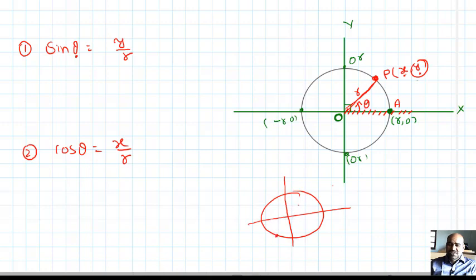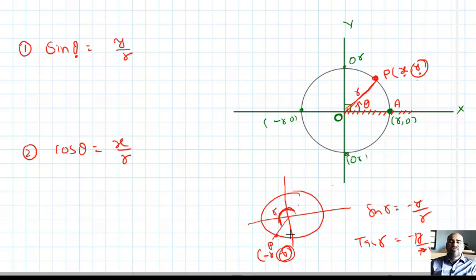For example, your P is here. This becomes OP now, so this is the angle, gamma. So this point is what? Minus x, minus y, because it is in the third quadrant. Somebody will ask, what is sin gamma? Sin gamma means the y coordinate, minus y, by the distance from the center to that point, that is r. So sin gamma is minus y by r. What is tan gamma? Tan is y by x only, no? The y coordinate minus y by the x coordinate minus x. So the minus signs cancel, giving y by x.